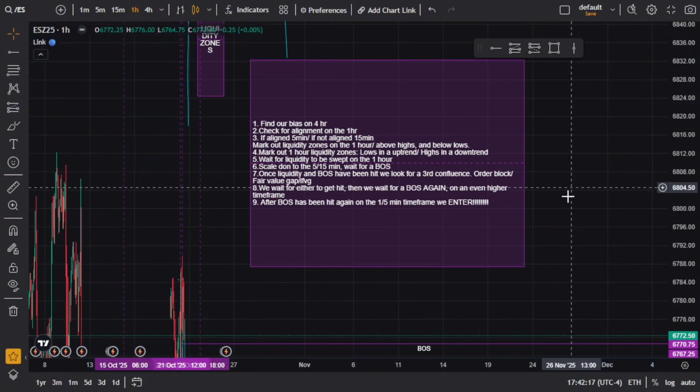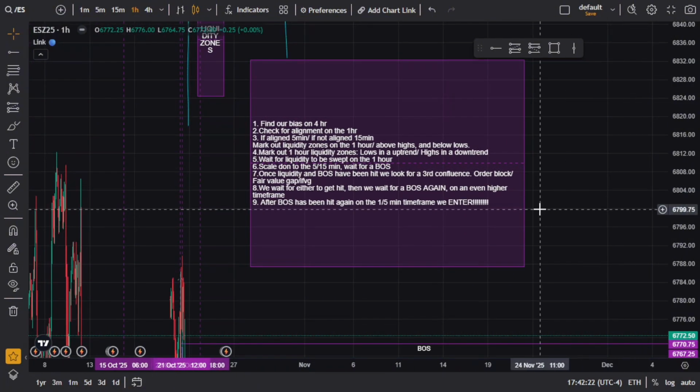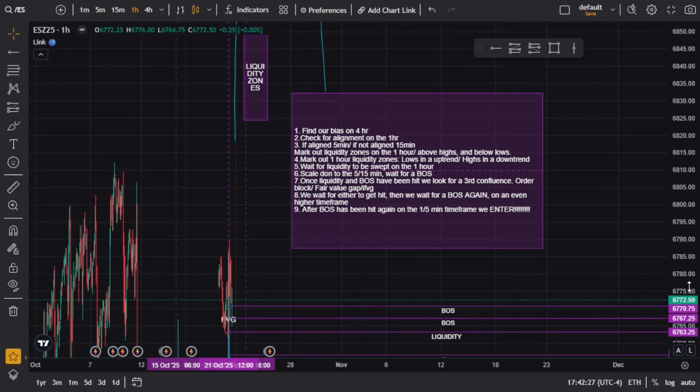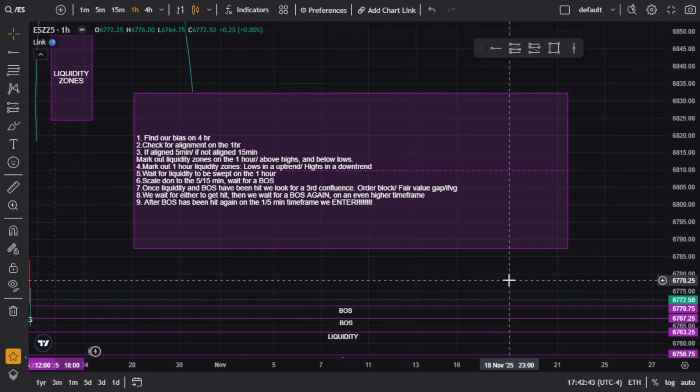Today we only used fair value gaps. We only marked out our fair value gap. We should have marked out an order block, but I didn't think it was going to retrace back to the order block. This sounds like I'm talking nonsense, but I promise it'll click. One of these days, you're going to look back at my video and be like, wow, all that really clicked. It all happens in 1 second. Once you understand each definition and how everything works, it clicks, and you can read the chart like it's music notes.